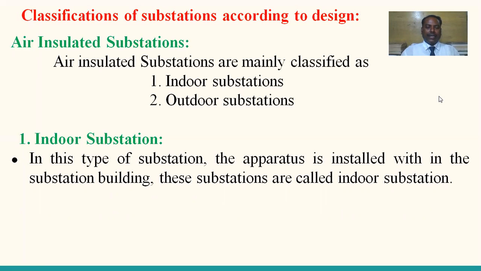Some areas are continuously raining, and the rainfall is very high. So the conductors, feeders or insulators are continuously exposed to the atmospheric conditions, so that the life of the apparatus reduces drastically. To avoid this, the assembly of all apparatus to perform converting high voltage into low voltages is installed within a building. That is nothing but simply the indoor substation. Apart from that, nothing is there.